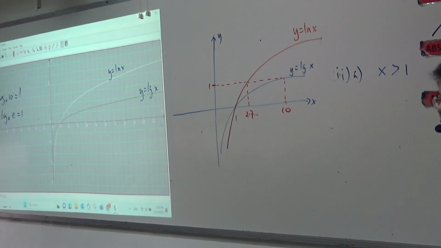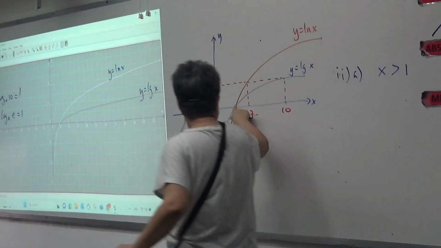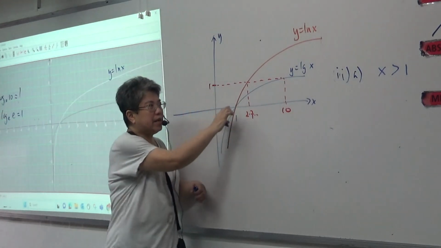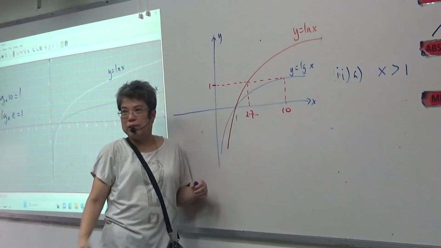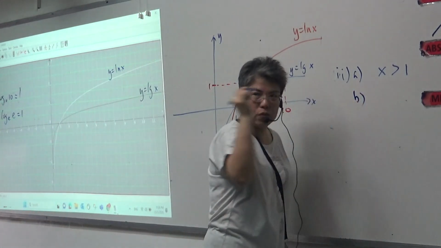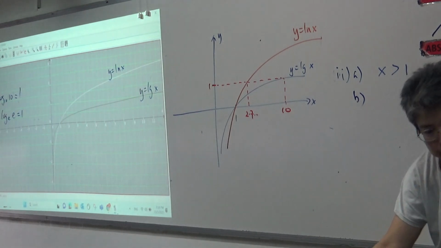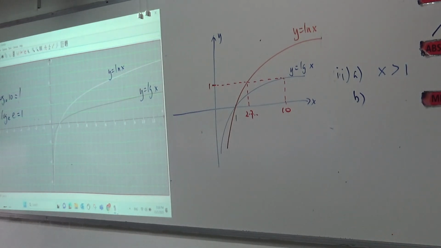Can you see what I'm talking about here? All of you look up. I'll explain again. Can you see that this blue graph is above the x-axis from 1